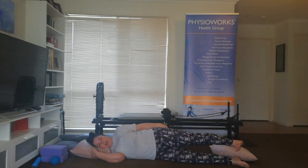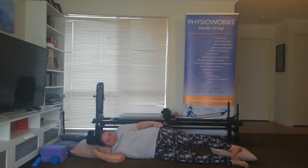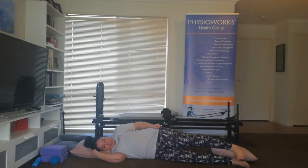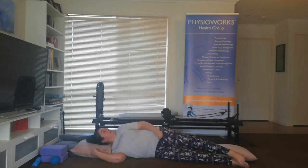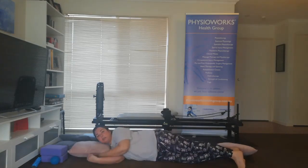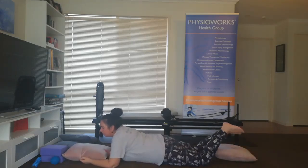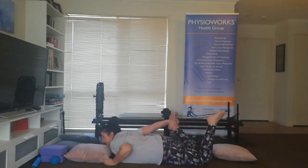Okay, straighten the leg out, pull the toes back towards the head. Point them. Bit of range through the ankle there, keep it mobile. Some circles through the ankle. Depending on your mobility and your flexibility, you can also take this one further onto your stomach